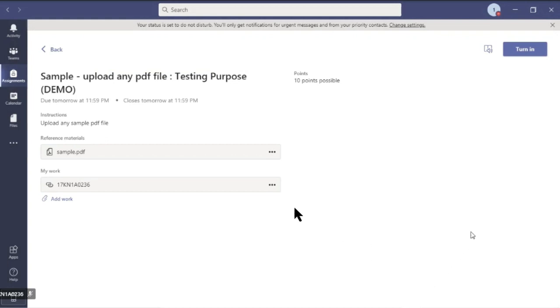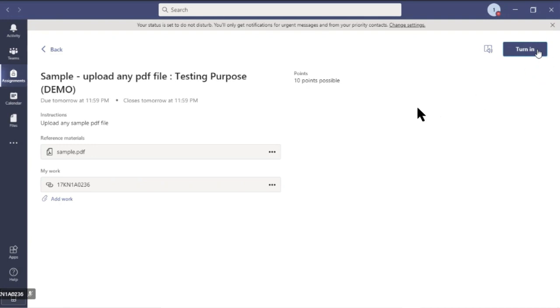Okay. If you are making sure that anyone with the link can edit, once you turn in your assignment, faculty can see that particular document. If you are not sharing it with the link as per the desired settings, then faculty cannot open it. Okay, but you will be turning in the assignment, but the faculty cannot be getting it, or they can't be viewing it in the first place.